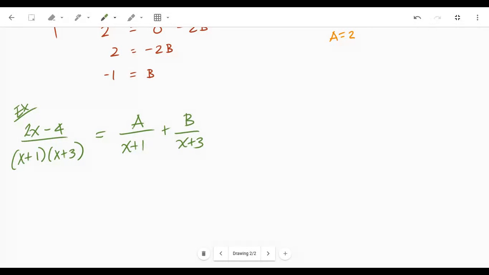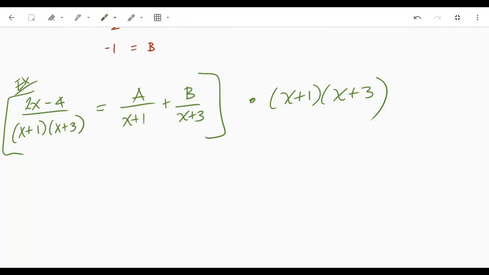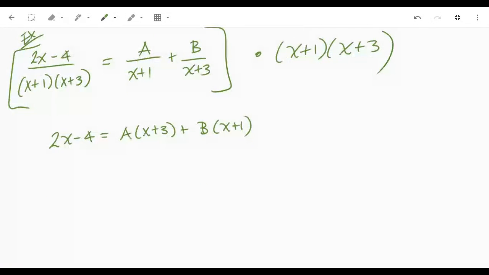Okay. Now I take everything and multiply it by x plus 1 times x plus 3. So the left-hand side will be 2x minus 4. In my a term, the x plus 1's cancel out. In my b part there, the x plus 3's cancel out. Okay. So now I can tell I'm going to make x equal -3, and then I'm going to make x